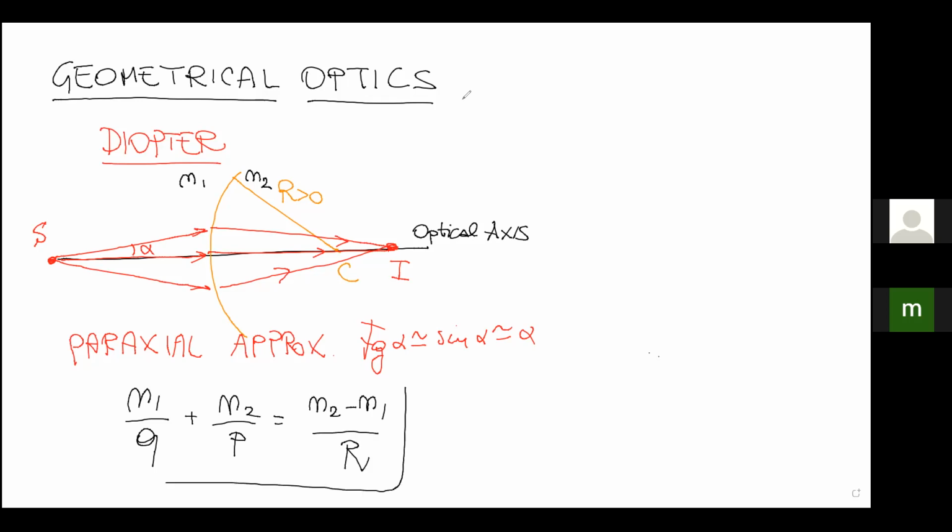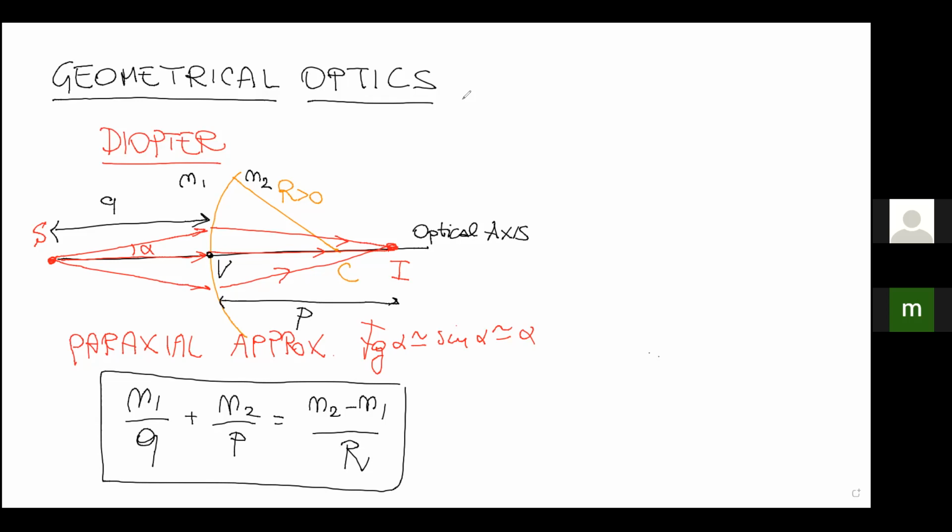That is the ratio between the refractive index of the input medium and the position of the light source measured with respect to the so-called vertex of the diopter, plus the refractive index of the second medium divided by the position of the image must be equal to the difference of the refractive indices divided by the radius of